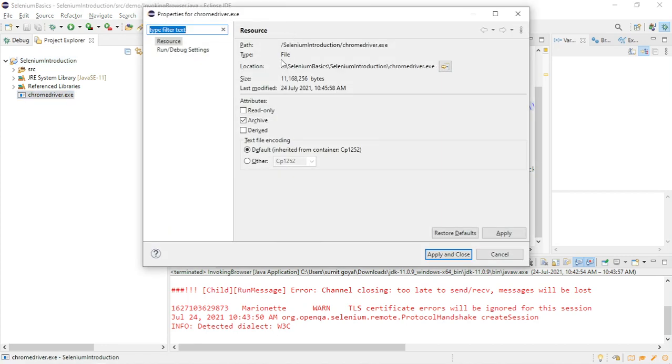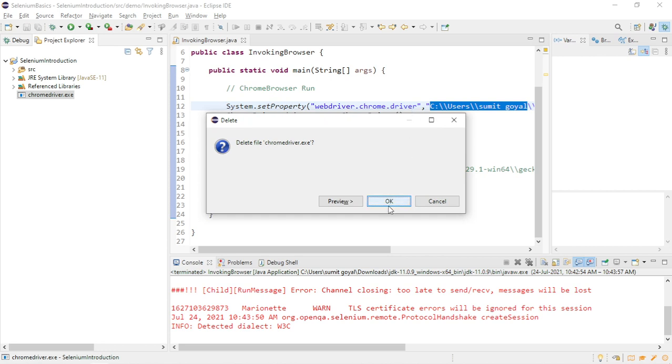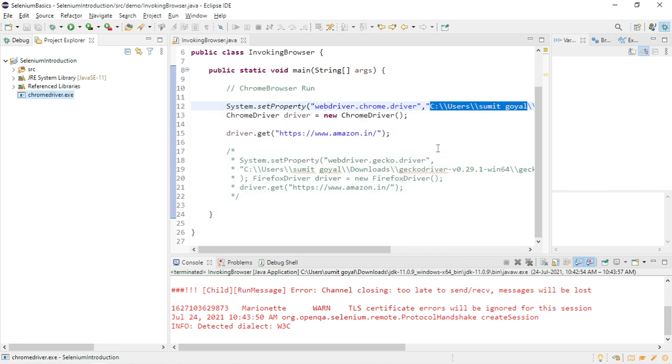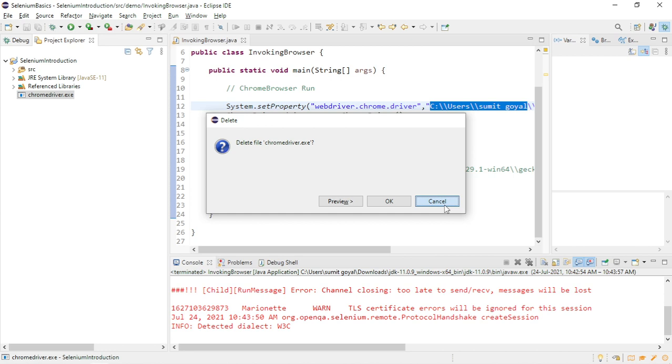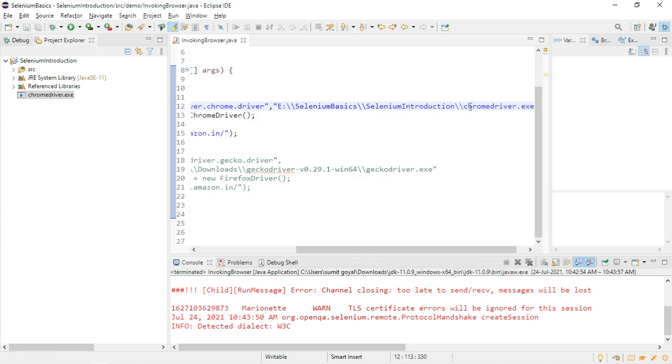If I copy this path, and if I try to provide it here, instead of C, if I remove this path, right, and if I provide this. So now at the project level, you have this .exe file. But again, for the project folder,